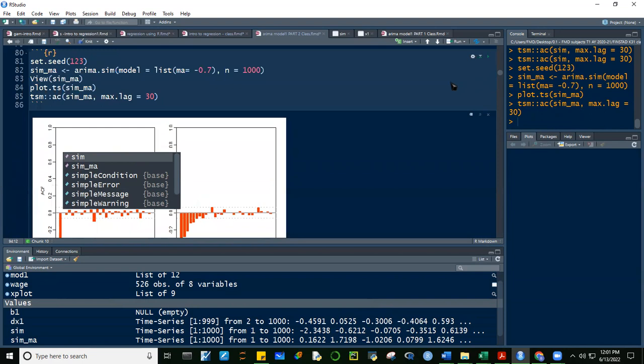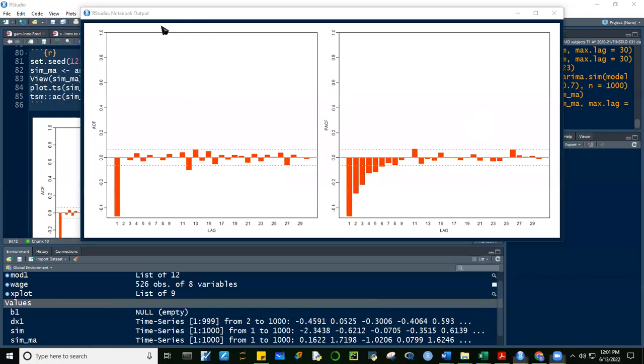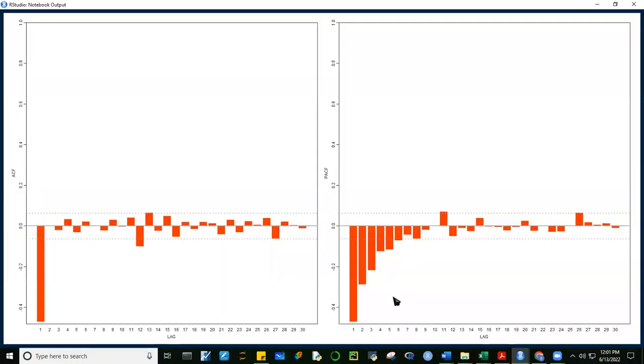Alright, take a look at this, guys. Tingnan yung difference ng MA at saka AR process. Okay, di ba? Nag-simulate tayo ng MA process, di ba? And remember, guys, sa MA process, we're using past error terms to model the time series. Okay, pag MA, ang tinitingnan natin yung ACF. Okay, take a look at this. Significant spike at lag 1. And then dun sa iba, wala na. Meron ding konting significant spike dito. And then take a look at the PACF, slow decay. Yun, slow decay. So this is indicative that this is an MA model.